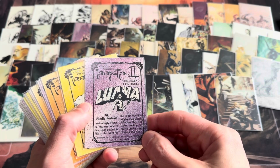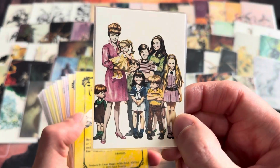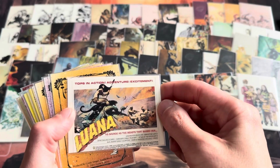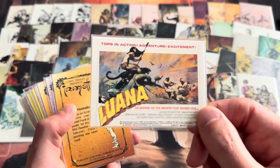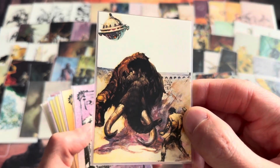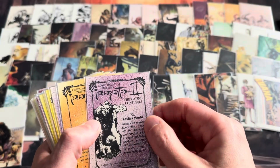Oh, the other Luana painting appeared in a cover of Vampirella, which was a graphic novel magazine back in the 50s, 60s. Here's Luana. Tops in action, adventure, and excitement. There's a mastodon in space with a spaceship attacking this creature. We have Cavin's World,